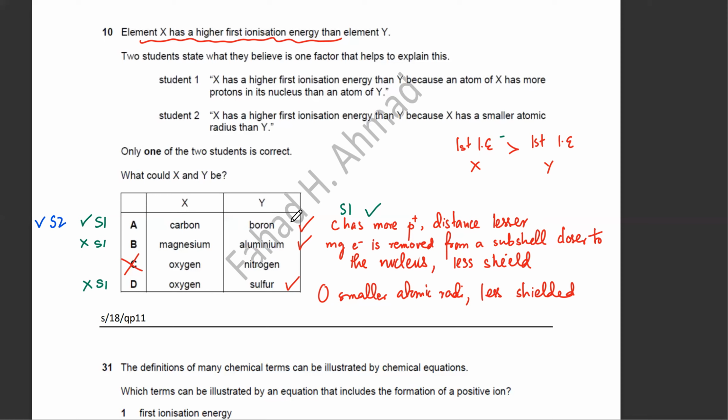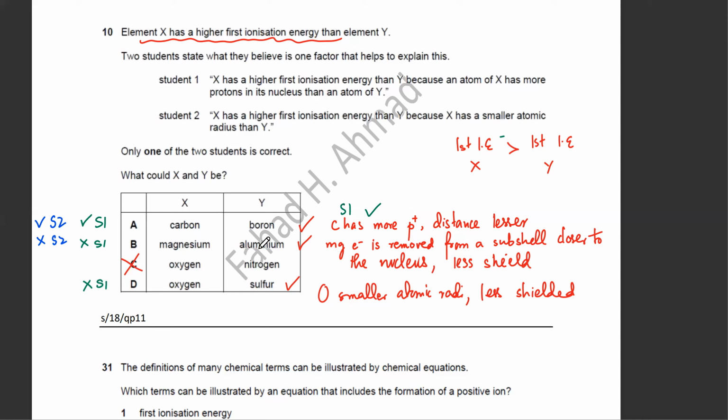What about student 2's explanation that the smaller atomic radius is the reason, is this correct for B as well? The electron is removed from a subshell that's closer to the nucleus. So again, the atom size is smaller. So student number 2 is also correct for B. And then student number 2 is actually incorrect for this one. I mean, this is wrong. The reason student number 2 is incorrect is that